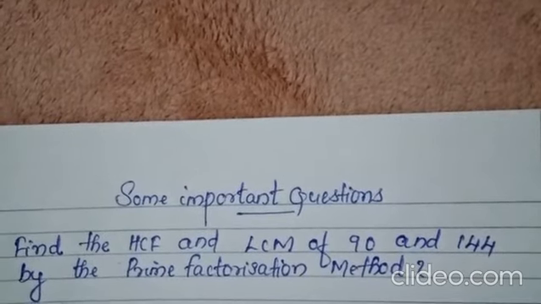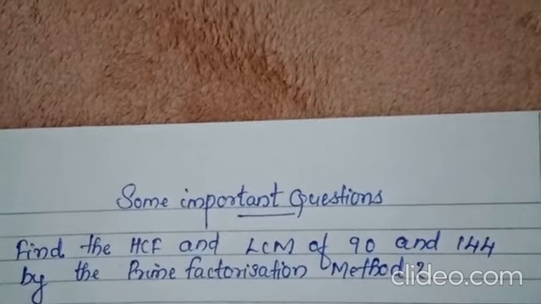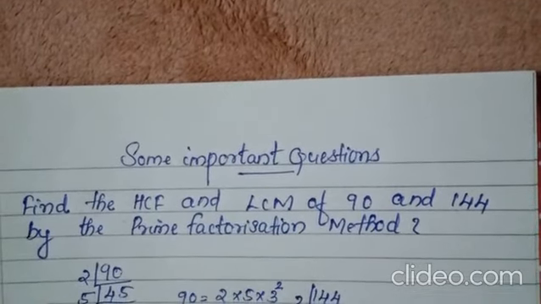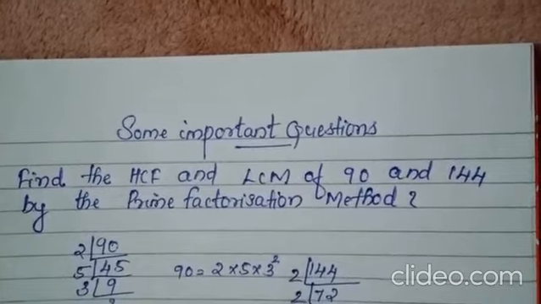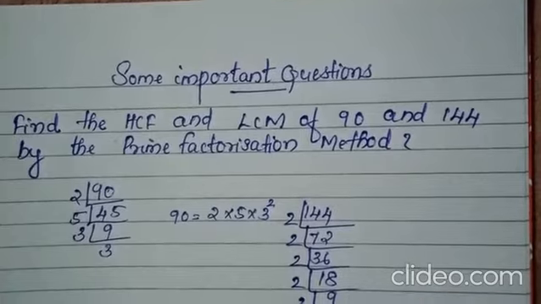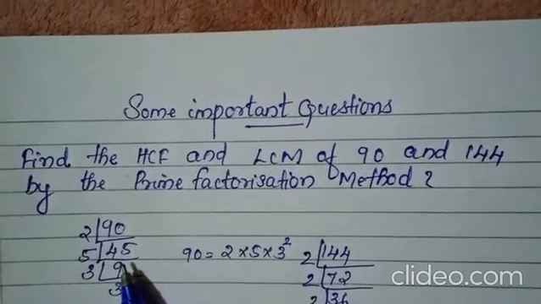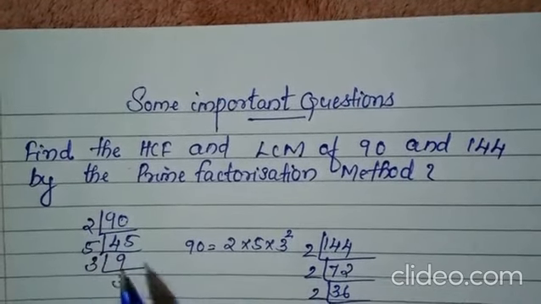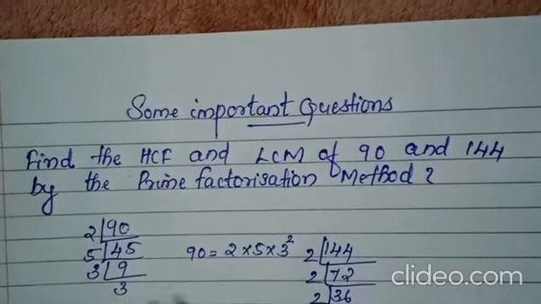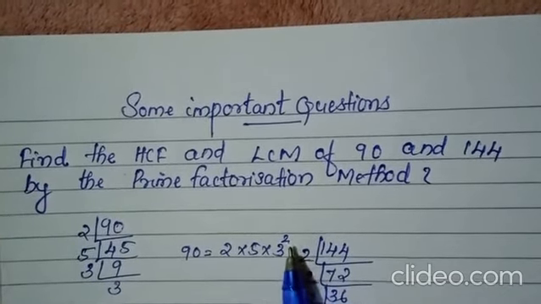In this question, usually the board exam always it will come. Okay, so HCF and LCM of 90 and 144. First what we will do, take the 90 and do it as prime factorization method. In 90 which prime number is there? 2. 2 45s are 90. Again in 5. 5 9s are 45. Again 3 3s are 9. So 90 is equal to 2 into 5 into 3 raised to the power 2.